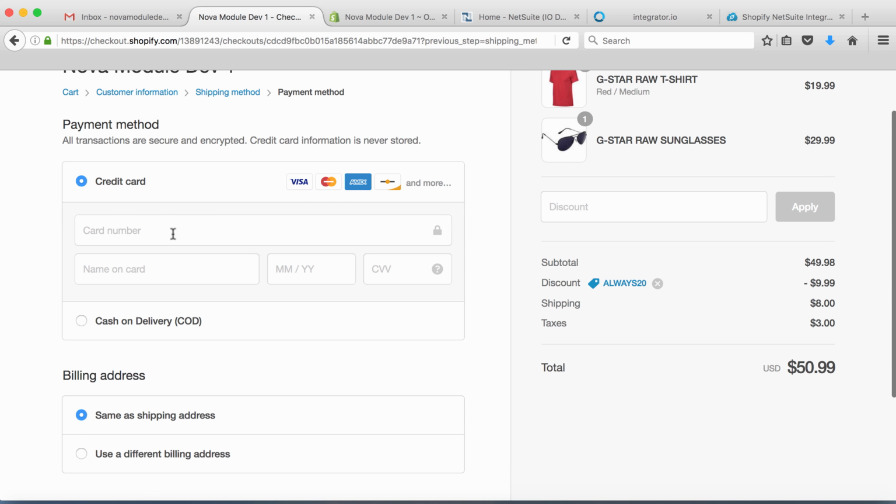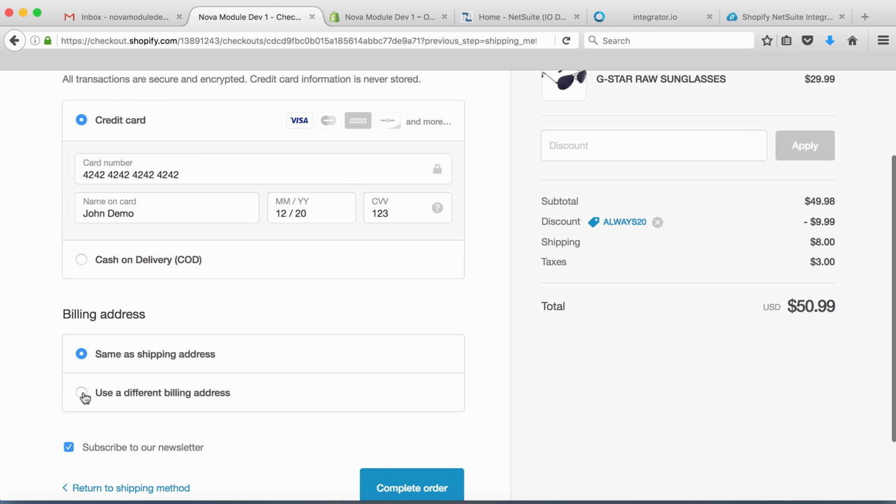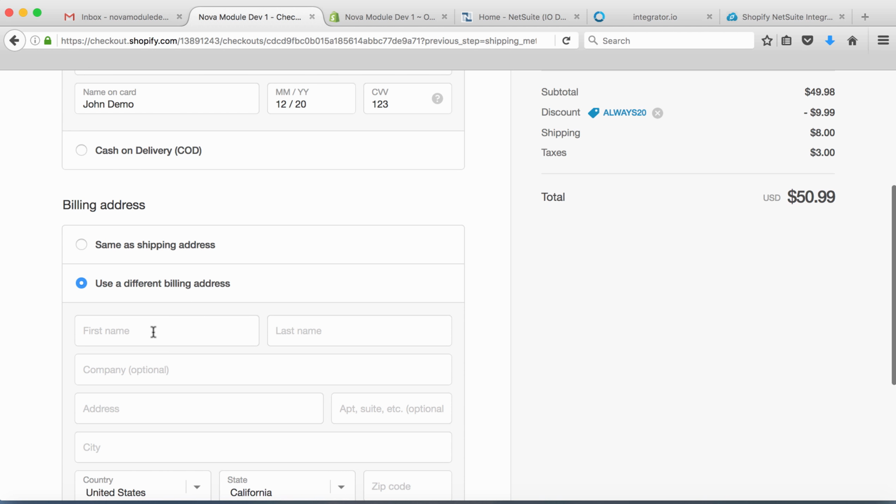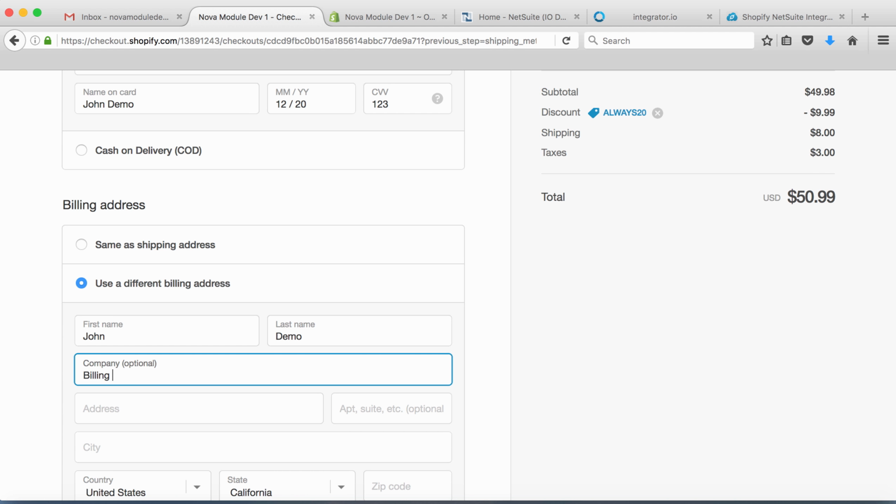Now we're going to use a test credit card that is provided by Shopify, and that is all 4s and 2s interchangeably. And we're going to say it's John Demo, expiration month and year, and CVV, which we can use 123. Now for testing purposes, let's use a different billing address. So in this case, we're going to say it's John, last name is Demo, this is billing company name, and